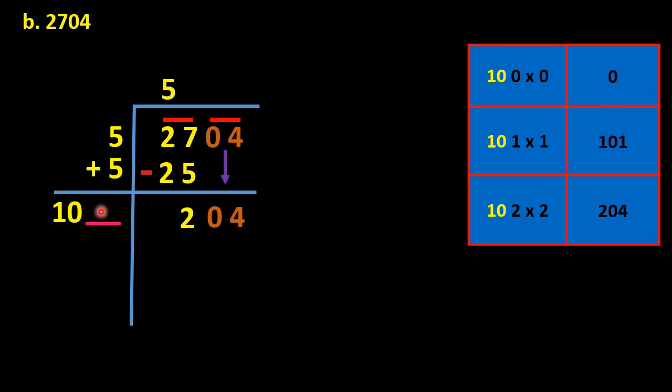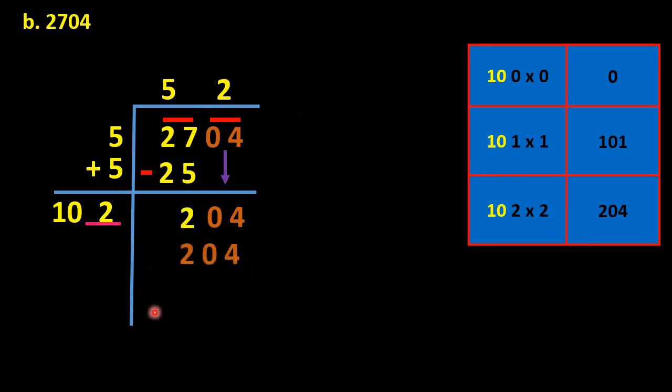And if you replace this space by 1, it will be 101. So 101 into 1 is 101 only. And if you replace this space by 2, then it will be 102. So 102 into 2 will be 204, which is equal to this number here. So here we have to replace the space by 2, and then we multiply with 2. This 2 will be placed above the second period. Then 102 into 2 is 204.